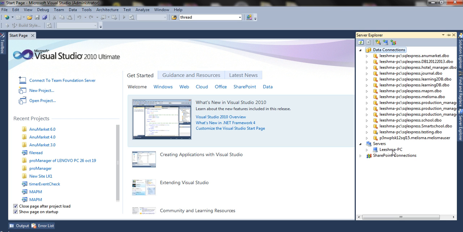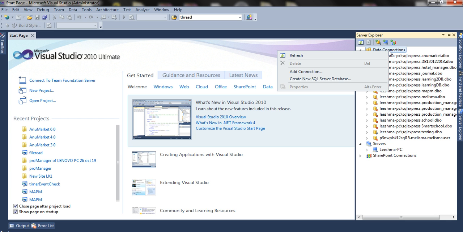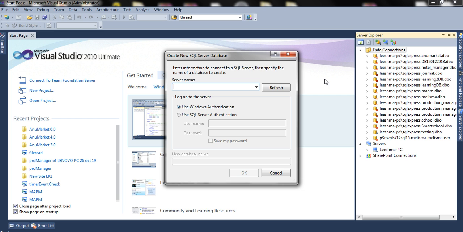Now to create a database, what you want to do is right click on data connections and you can see refresh, add connection, create new SQL server database. Now I am going to click create new SQL server database. Server name, actually if you are using SQL Server Express Edition, the server name always should be like this: ./SQLExpress,